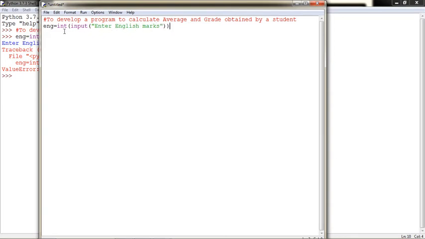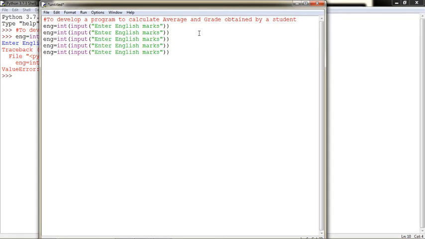After it, you can just copy this just to save the time of typing. Control C, then Control V 5 times, because we have to enter the marks obtained in 5 subjects. Okay. So after English, you write maths. Here also you have to write the heading maths. Then I am writing another subject, say physics.